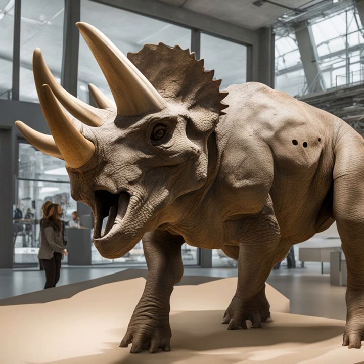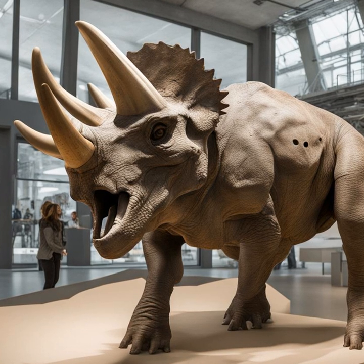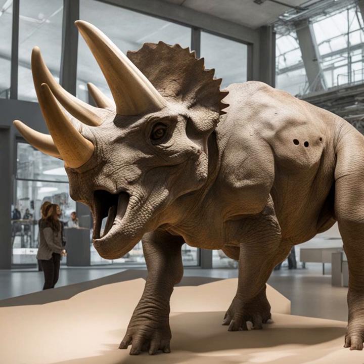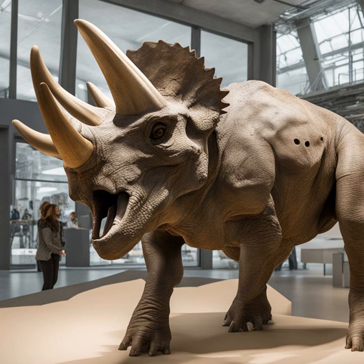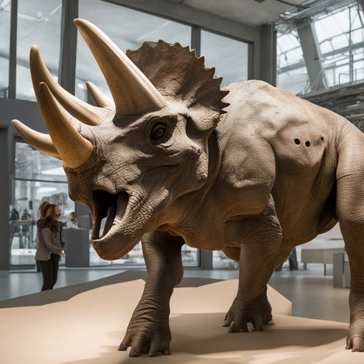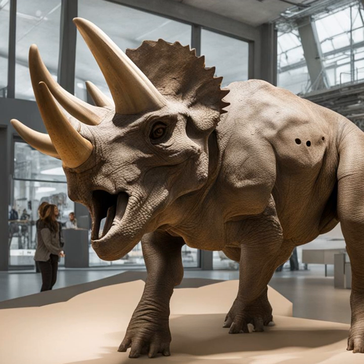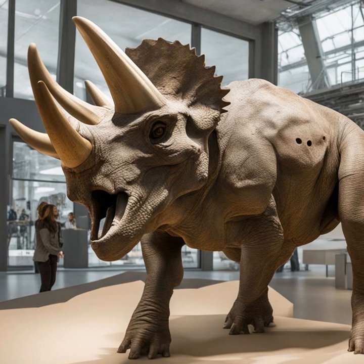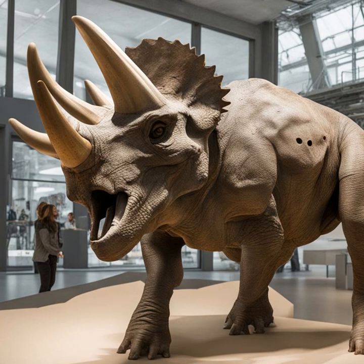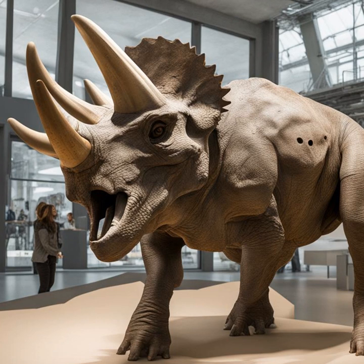Led by the intrepid paleontologist Jimmy DeRoyer, the team delved deep into the mysteries surrounding the Triceratops bone bed. Through meticulous analysis, they uncovered compelling insights into the lives and deaths of these magnificent creatures. Contrary to popular belief, the research revealed that Triceratops exhibited slow growth patterns, shedding new light on the developmental biology. The bone bed itself provided tantalizing clues about the fate of these dinosaurs, hinting at a collective demise, possibly in